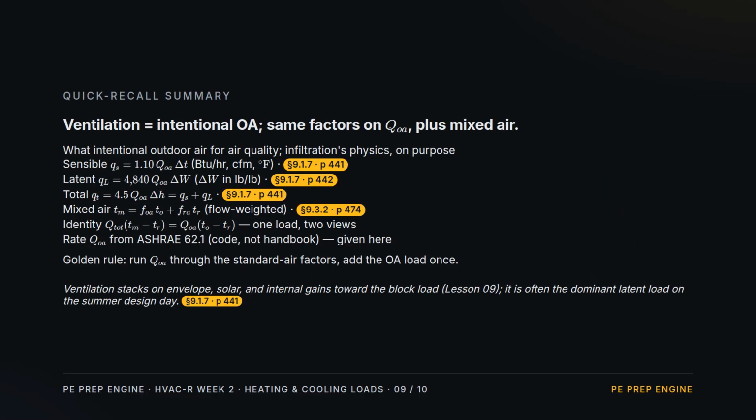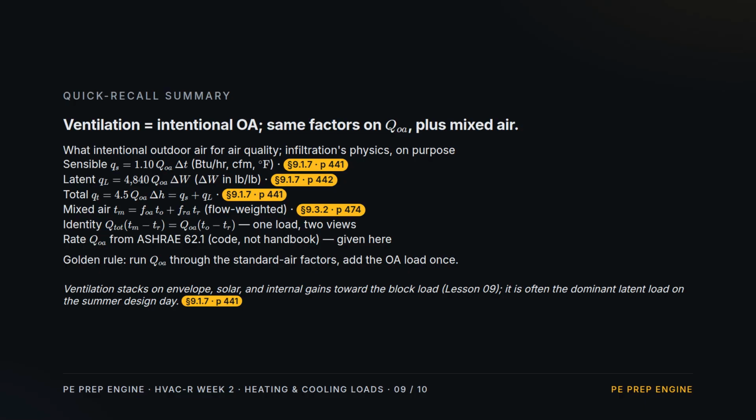Quick recall. Ventilation is intentional outdoor air for air quality. Infiltration's physics, on purpose. Run the outdoor airflow through the same 3 factors. 1.1 times flow times temperature for sensible, 4,840 times flow times moisture for latent, 4.5 times flow times enthalpy for total. Mixed air is the flow-weighted blend of outdoor and return. And the identity, the mixed air sensible equals the outdoor air sensible. Add it once. The rate itself is a code number,